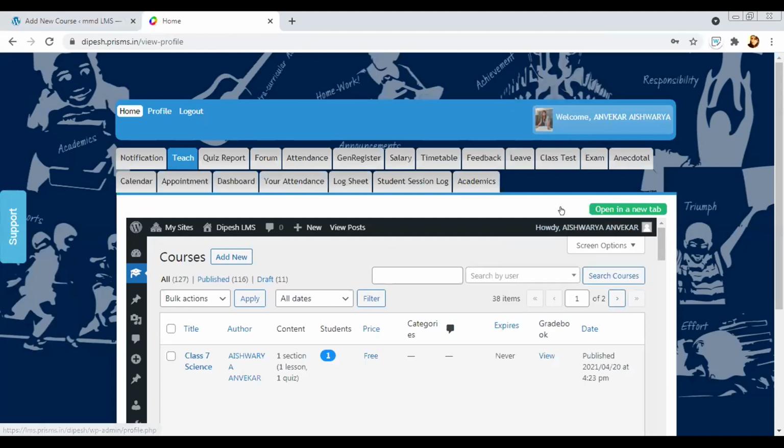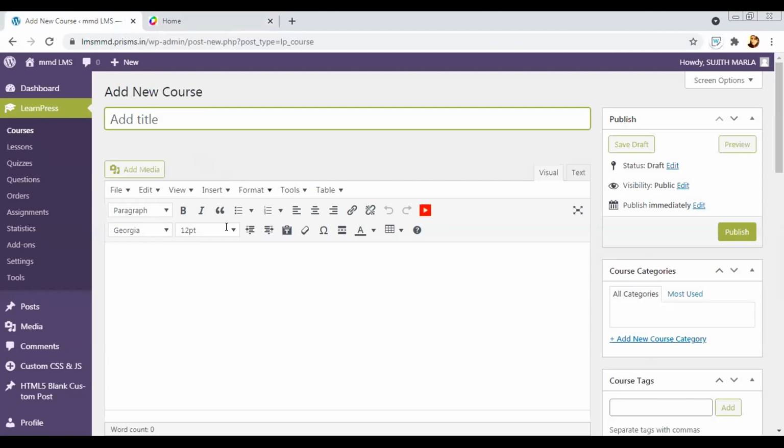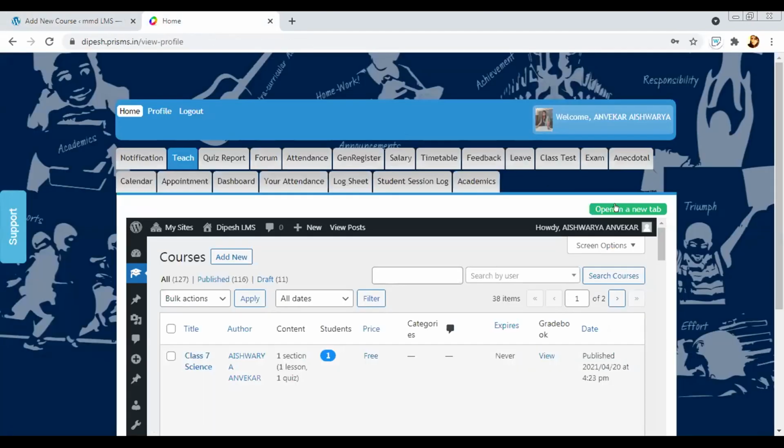Now I'm going to directly show you the new look so that you're much more familiar with it. One point: this Teach is not activated by default. If you need to activate it, you have to send us an email that you would like to activate this learning management system. By default, it's not activated.